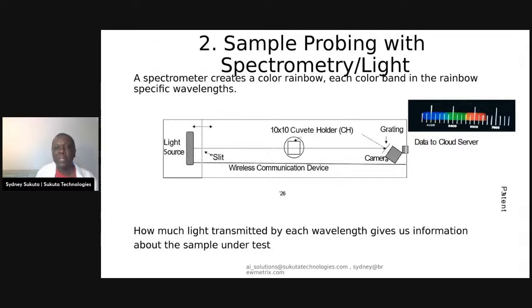So what we normally do is we shine the light without a sample, so we have a background, right? And then we shine the light with the sample. Now, when we compare the original light that we passed without the sample and the light we get after the sample, how much light is transmitted through each wavelength gives us information about the sample. And then the AI takes over. So this is the rainbow created. Think of a spectrometer as something that makes rainbows. And if the light is intercepted by a sample as it goes through it, it's going to collect information about that sample. And then it's now available for us to analyze.